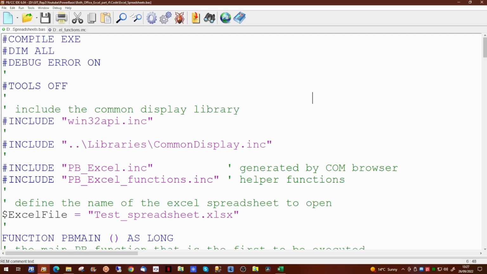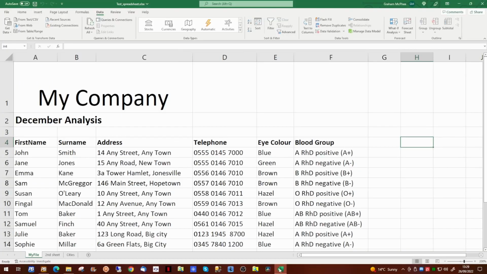This was our application at the end of the last video. In today's video, we're going to look again at our Excel spreadsheet. I've added 3 lines to the top of our Excel spreadsheet. This is to simulate us receiving an Excel spreadsheet which, although it contains the data we want in the first worksheet, has 3 rows we're not interested in at the top of the sheet.